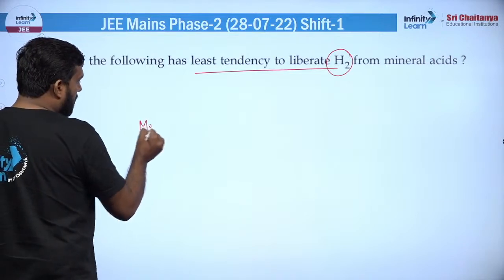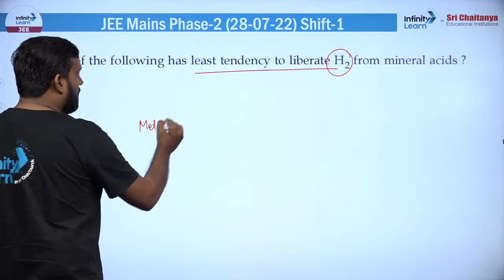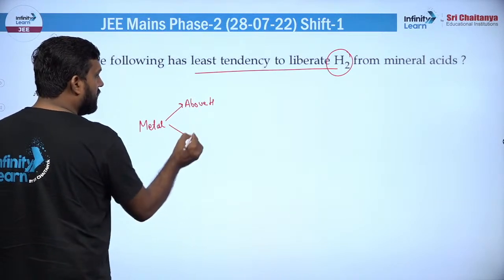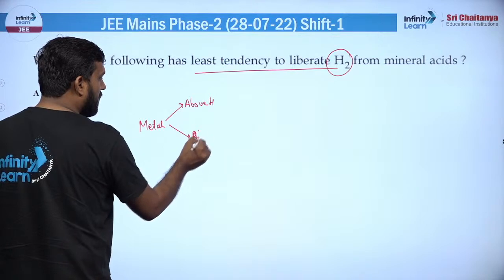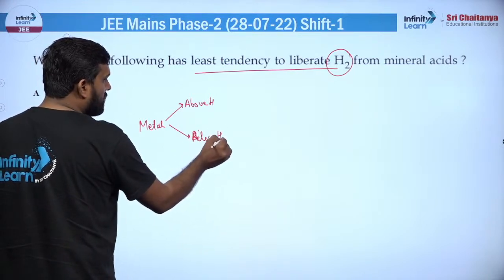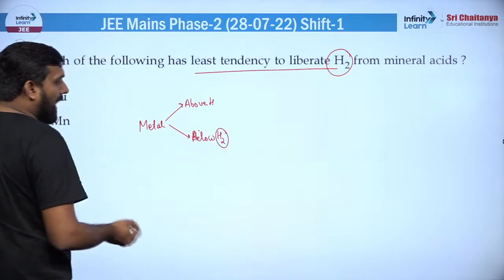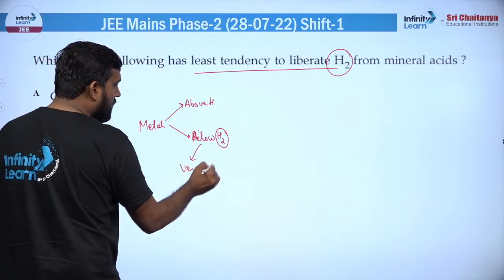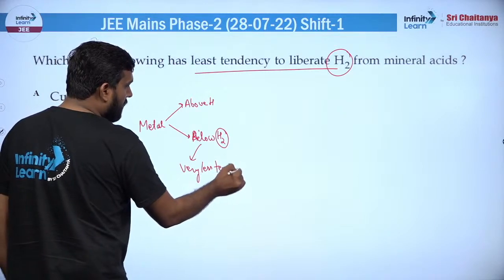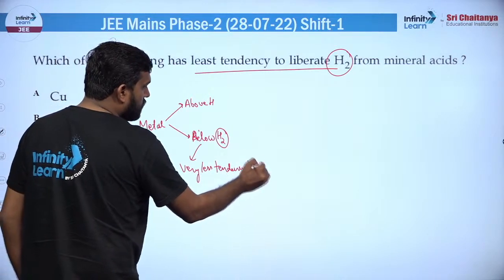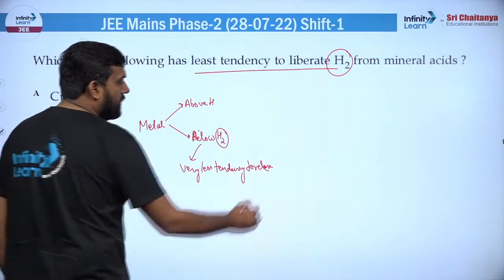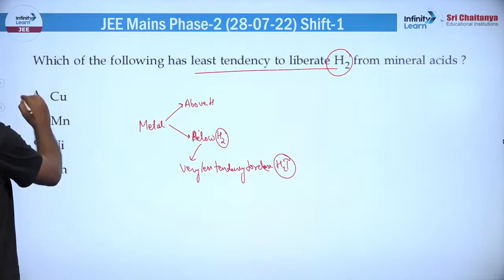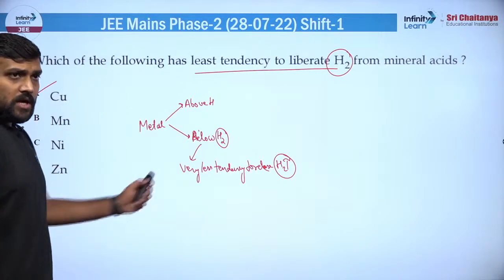आपको पता है कि बेसिकली मेटल दो तरीके के होते हैं एक्टिविटी सीरीज के हिसाब से, ठीक है। एक जो अबोव हाइड्रोजन होते हैं, और दूसरे जो बिलो हाइड्रोजन होते हैं। अगर वो बिलो हाइड्रोजन है, तो वो एक्चुअली वेरी लेस टेंडेंसी रखेगा, टू रिलीज H2O, बेसिकली टू रिलीज H2। तो H2 निकालने के लिए इसकी टेंडेंसी कम होगी। तो यहां पर अगर हम देखें तो कॉपर की जो टेंडेंसी है वो बहुत कम रहने वाली है, ठीक है।